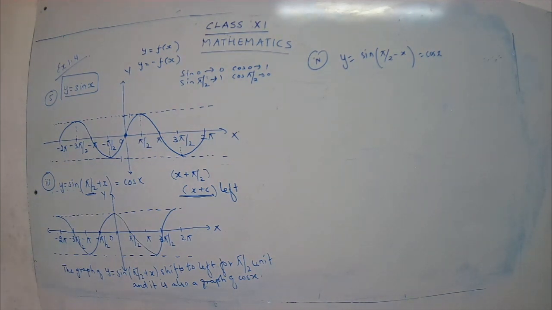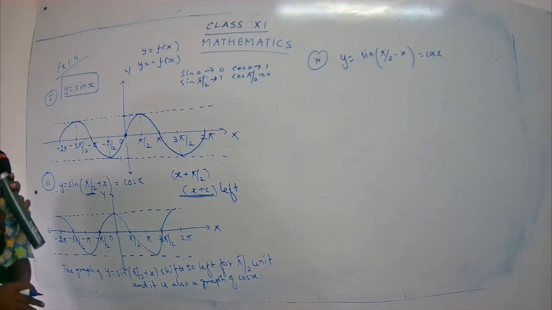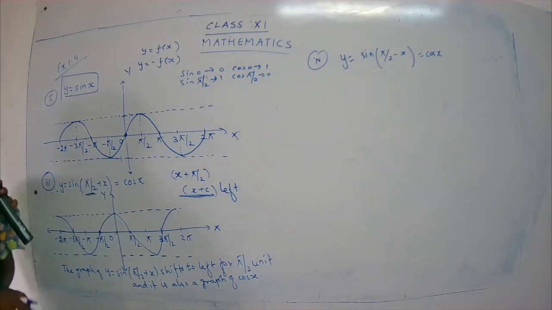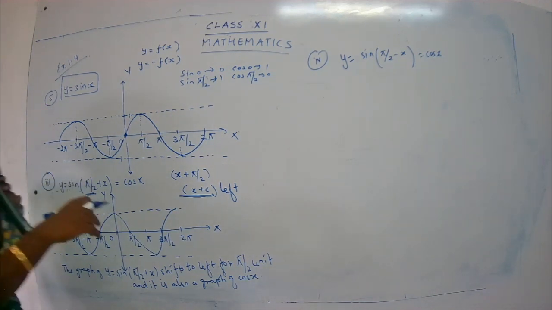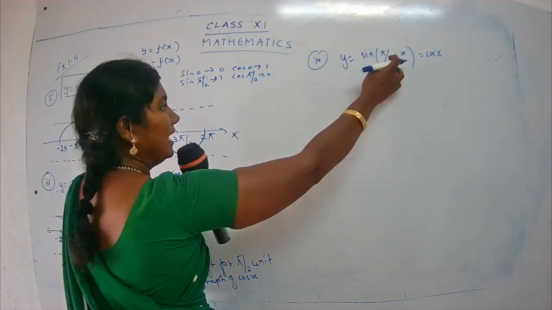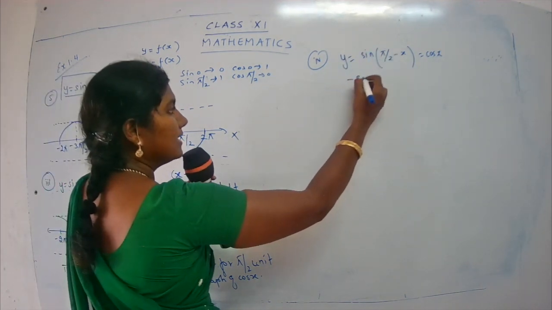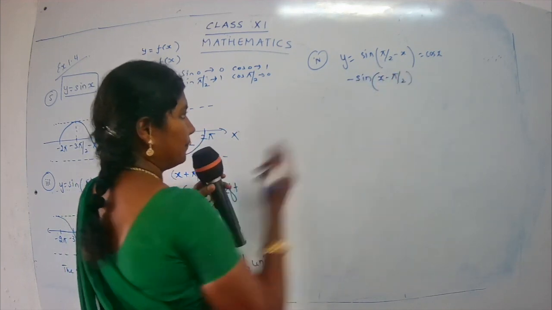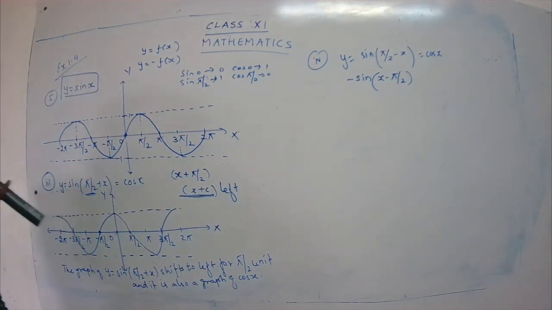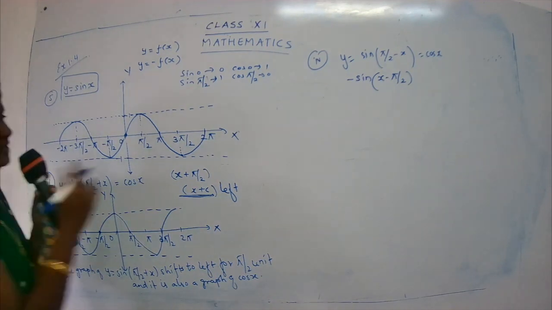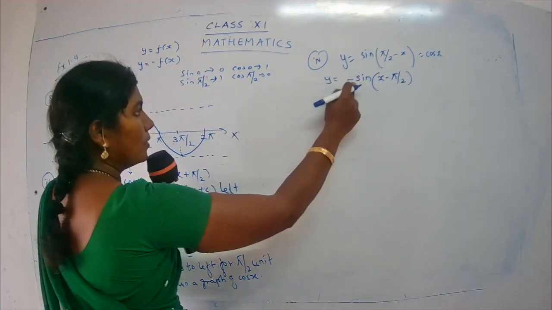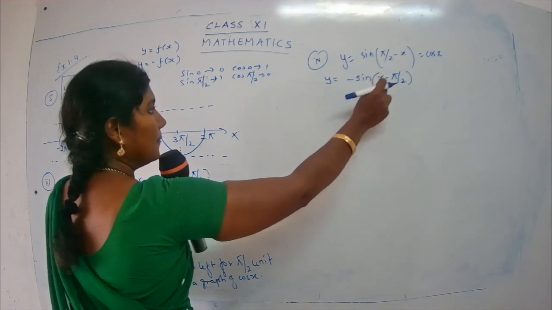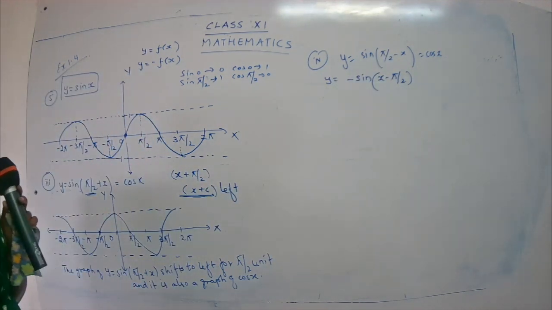Let's not waste the time. Let's continue with the sum. So again, first of all, we'll try to do it directly. But before we plot the graph, let's go for some changes over here. So what we do here, I just try to take the minus sign common. So I take the minus sign common, I get minus of sine of x minus pi by 2. So what I have done here is just taken a minus sign out as common. So when I take minus common, I get x minus pi by 2.